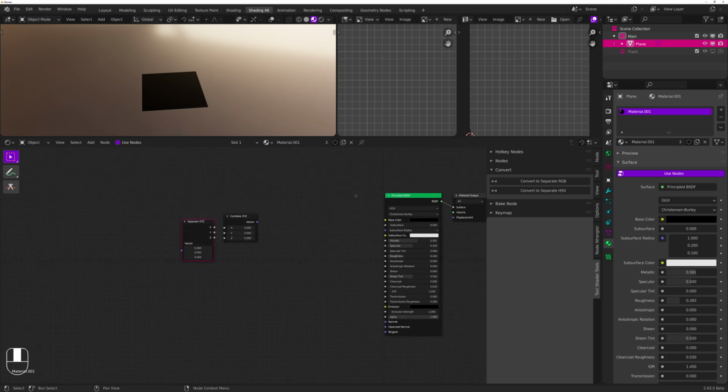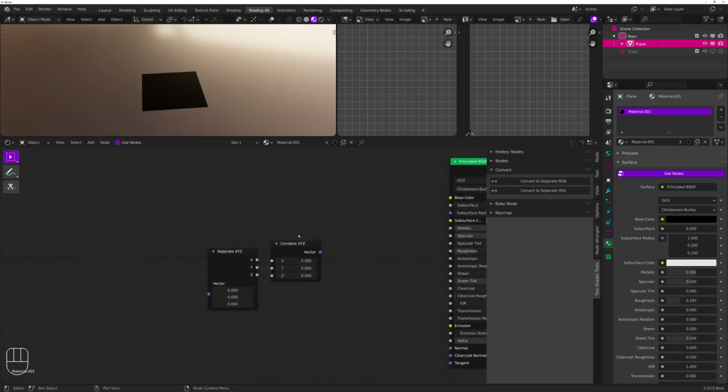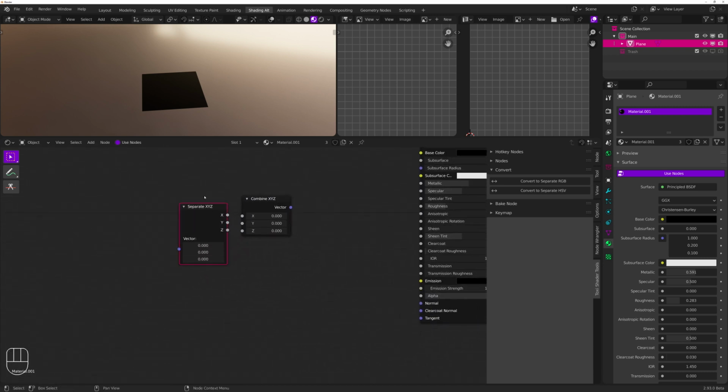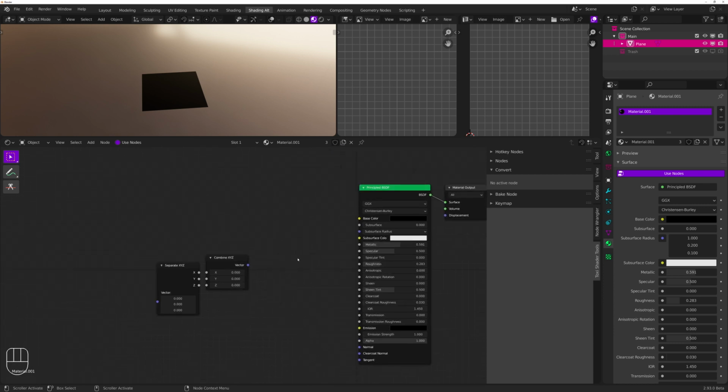So right now these just pop up with vector separate and combines, but you can change these to RGB or HSV as well, as you can see here. And if you want to go back from either of those, you just click on it, and there it is. Pretty simple. Generally, HSV is actually handy, but a lot of the time Blender, at least in the shader editor,